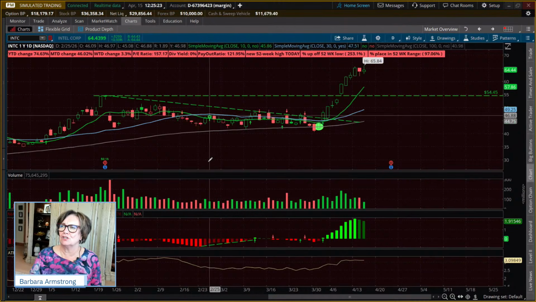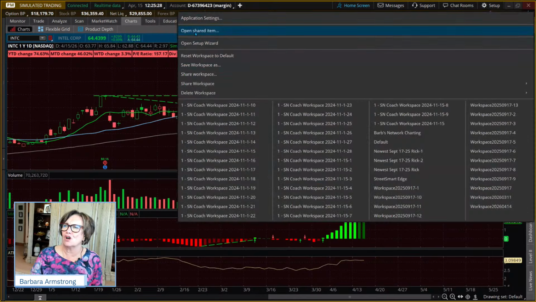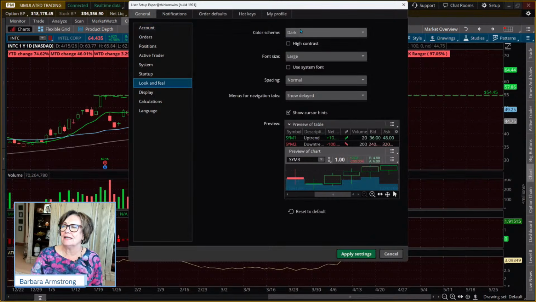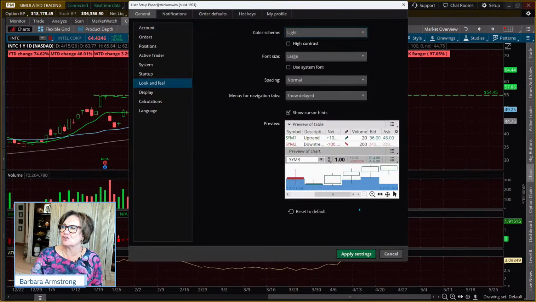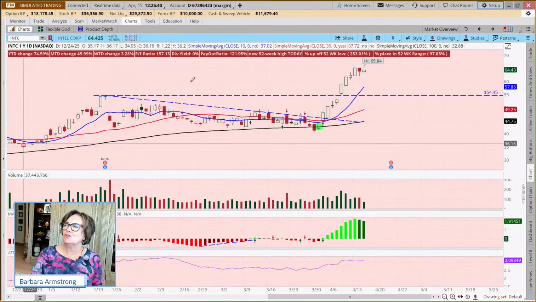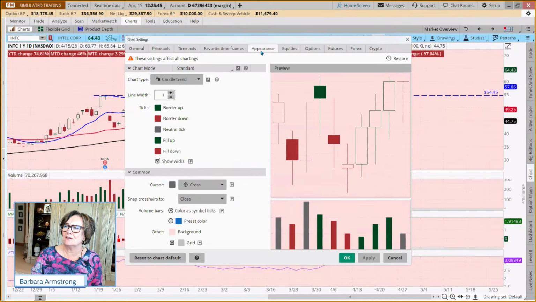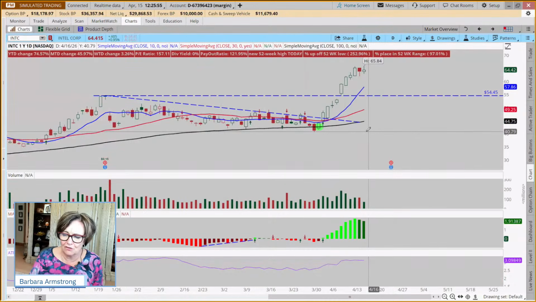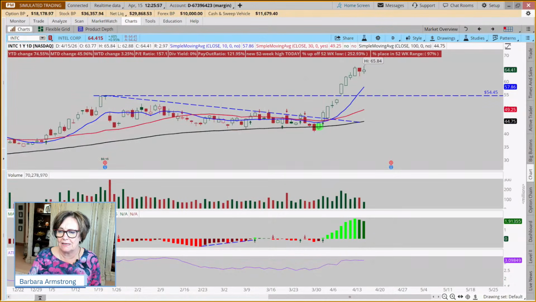And what I encourage you to do is change it. And if you're saying, well, I find the dark a little bit too dark to look at all day, if we come back to that look and feel, another thing you can do, it's not as in your face and as striking, but you could come then to your sprocket and come to appearance and at least change the color of the background on your charts so that you know that gray is paper and pink is your live account, or whatever you want it to be.